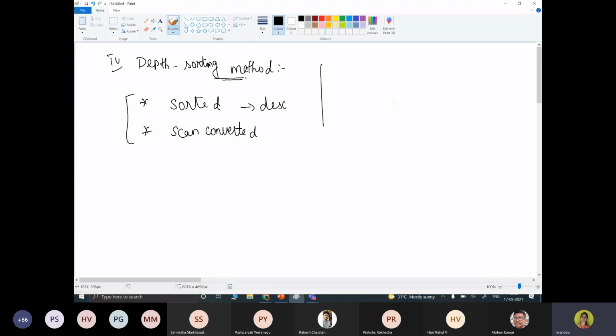Suppose you want to draw some objects: first the background, then the front objects. You start with the background object, whatever object you want, and then the other objects. Finally, the foreground object will be painted. The same approach is used here in the case of the depth sorting algorithm, so it's called the painter's algorithm.